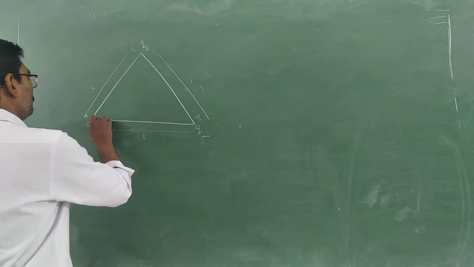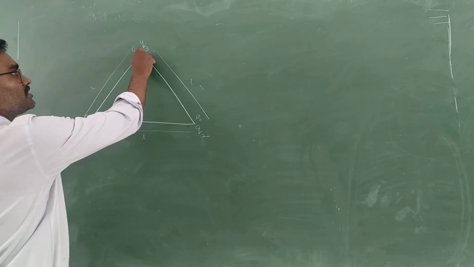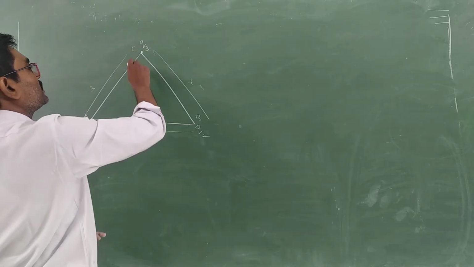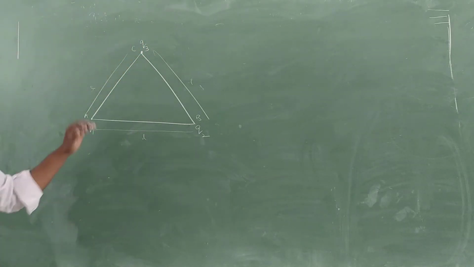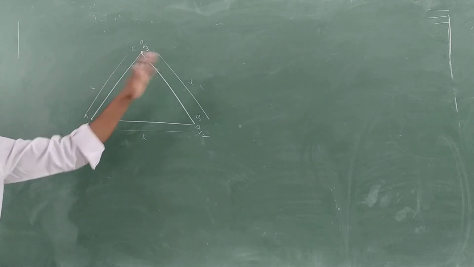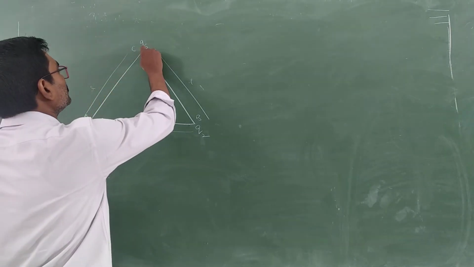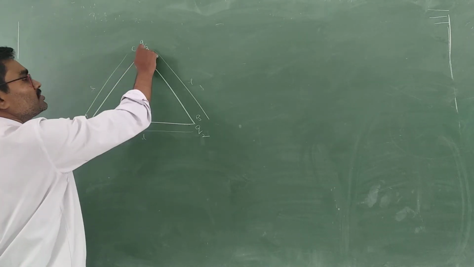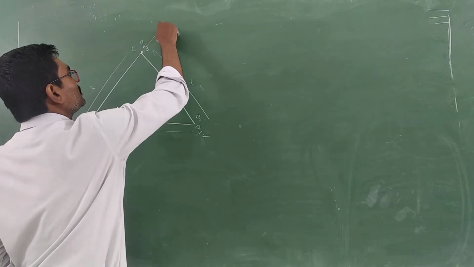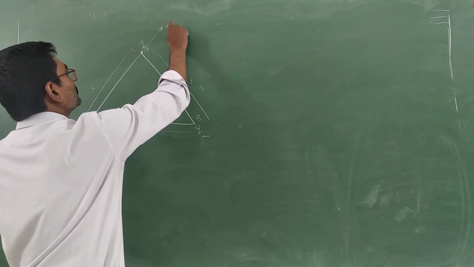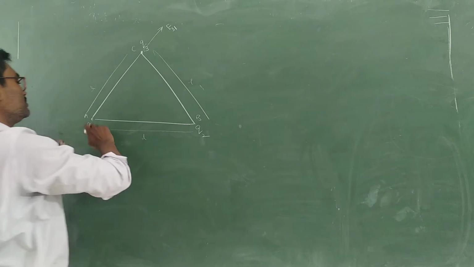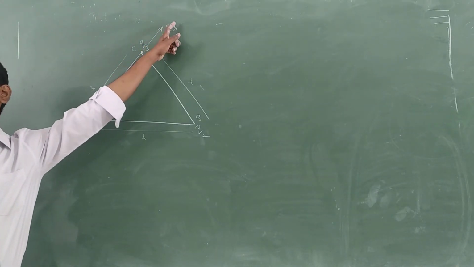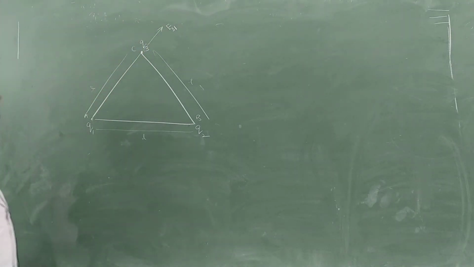Suppose I want to calculate the force on this charge Q3. Which charges will exert forces on Q3? Q1 and Q2, both will exert. Q1 will exert the force along the line joining the charges. Q1 is a positive charge, Q3 is also positive, so it will be pushed out. This is the direction of force acting on the third charge by the first charge, force F31.